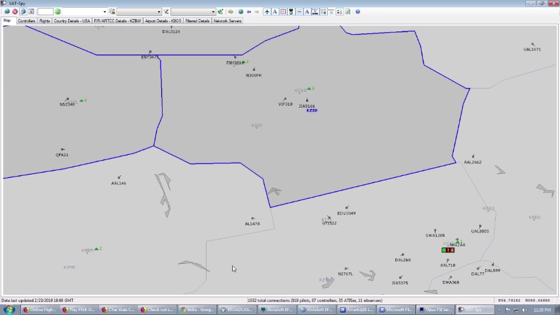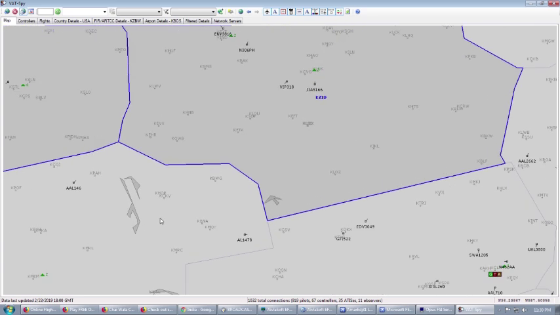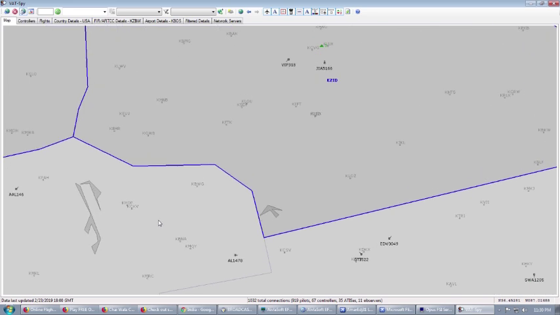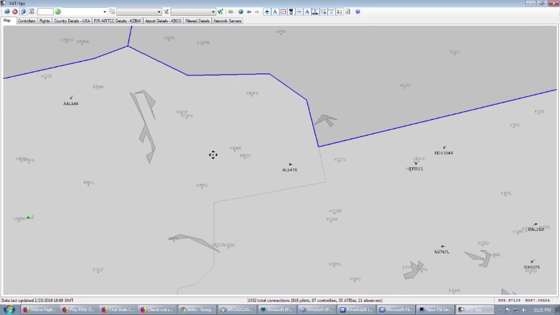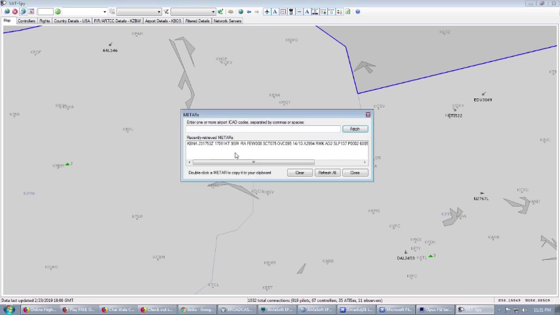My airport is not showing up here. It should be there. Nashville, where is Nashville? KBNA is not showing up here. What? Yeah, here it is. KBNA, Nashville International Airport. I find it here, and if I check for the METARs, the METAR is the meteorological report, and